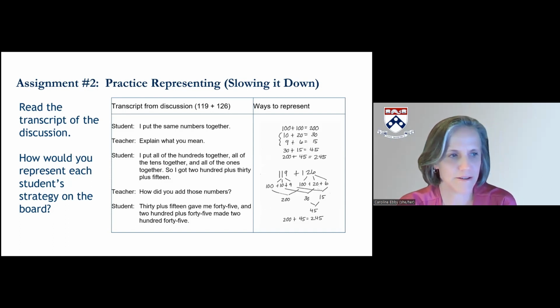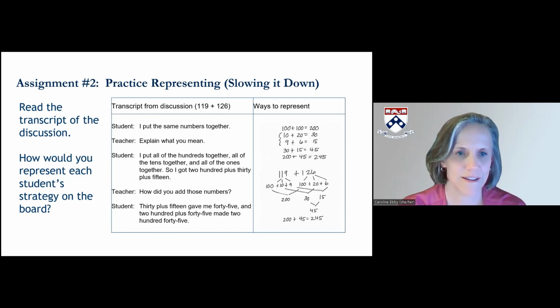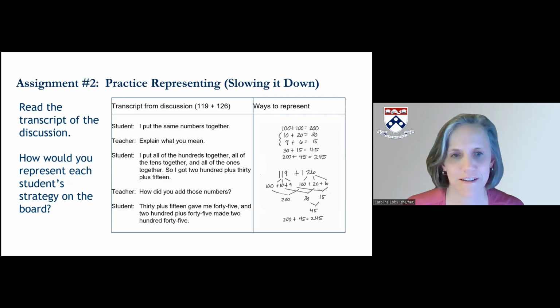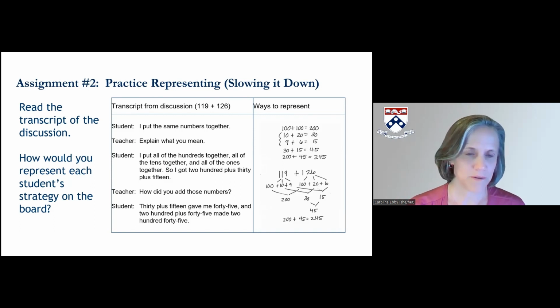And here on the slide, you can see two different ways that students thought about representing one strategy for adding two numbers up, 119 plus 126. They're both good ways to represent, but then we can have a discussion in class about what each representation offers and why you might want to use one representation over the other.